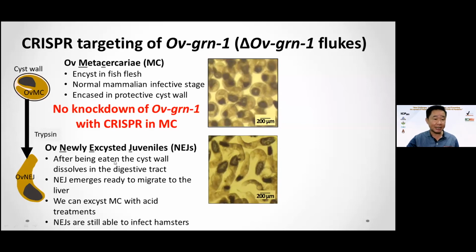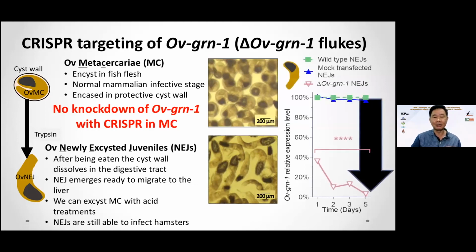So we have to change the strategy. We excyst the metacercaria and then electroporate with the CRISPR-Cas9 plasmid and then infect the hamster. First of all, we need to check if it works in the metacercaria. In the excysted metacercaria, the expression level decreased almost 100%. So we can prove that we can use newly excysted juvenile worms, transfect them with CRISPR-Cas9, and then infect